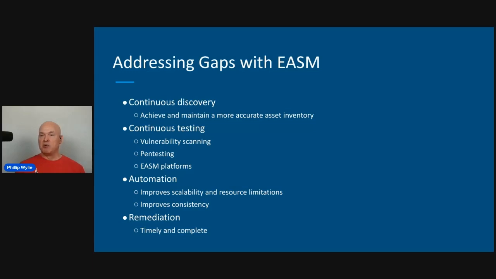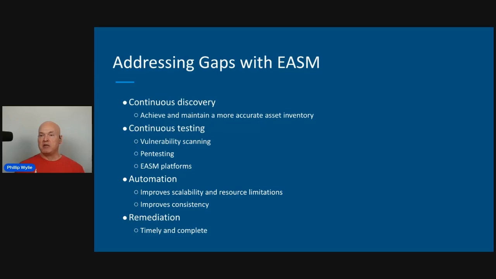So, use automation to improve scalability and address resource limitations. It also improves consistency. There's some automation that you can use within some of the testing tools. Some people are using Selenium within OWASP ZAP to automate testing. And as the industry grows, people are coming out with more and more automation for testing. Trickest is another good platform for automating your testing. It was created by someone that was a pen tester and doing bug bounty, and they shared the way they do their automation with the community. So you're able to use that.